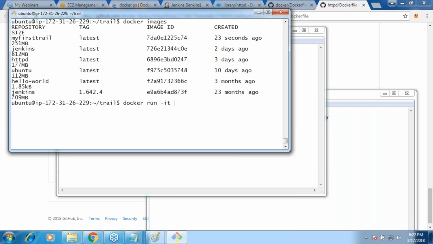So -it, the name of my image, and also I have to give port mapping, right? -p, 80 mapped to port 80 of this container, and I want to run /bin/bash. The same thing which I have done, but the only difference is this time it is my image, not the image from Docker Hub. Yeah. Now let me see if port 80 is working.